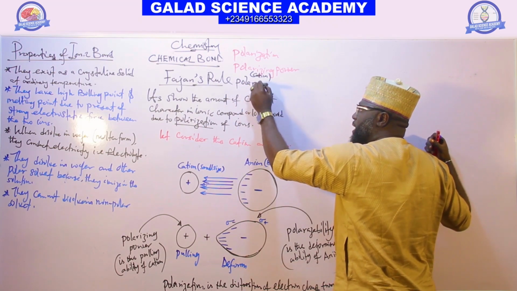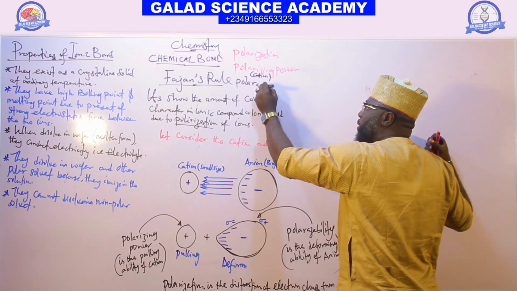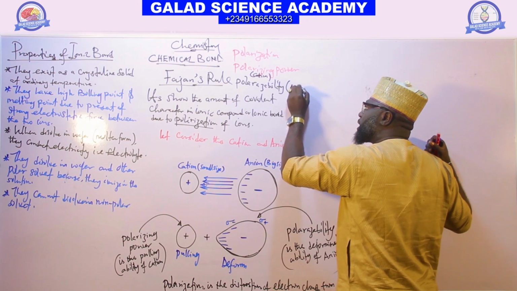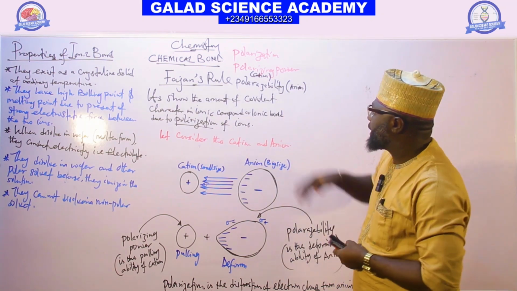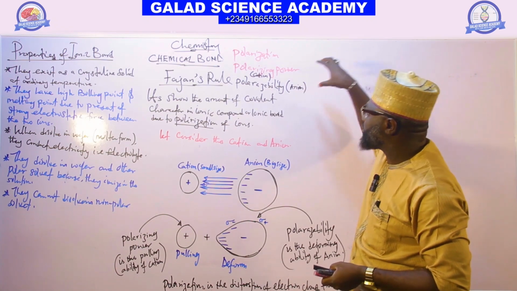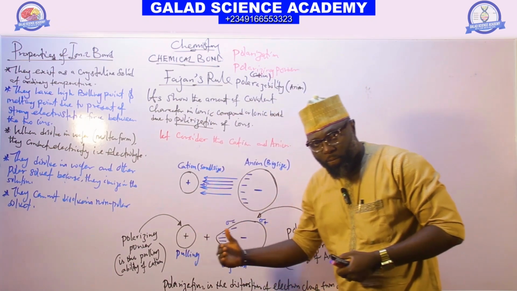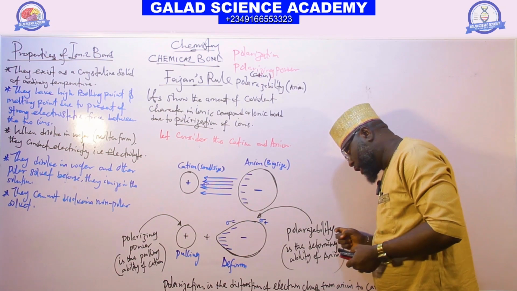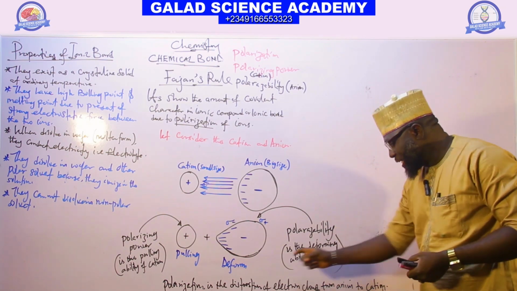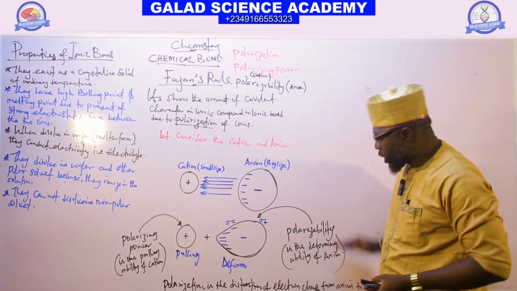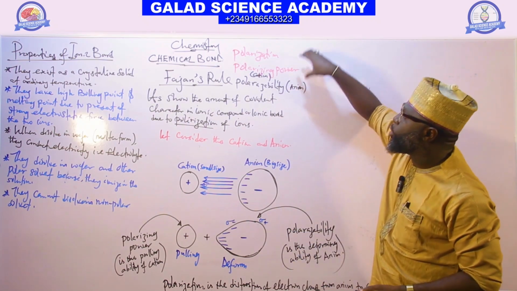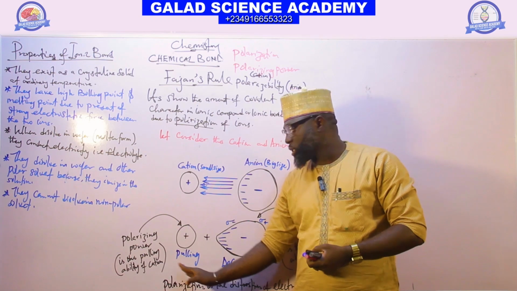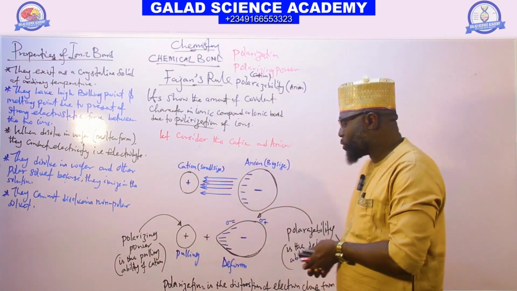And we have polarizability. This ability can be found in the anion. The tendency, or the ability, of the anion to deform toward the cation is called polarizability. The deforming ability of the anion is called polarizability, whereas the pulling ability of the cation we call polarizing power. And the process whereby